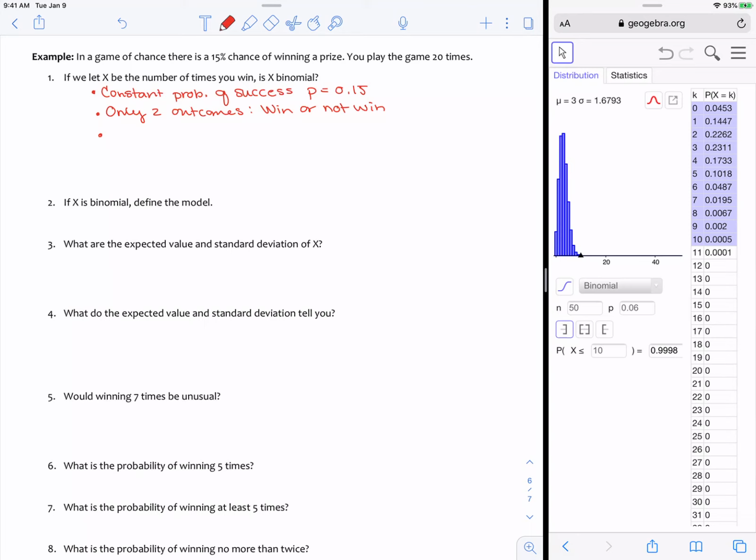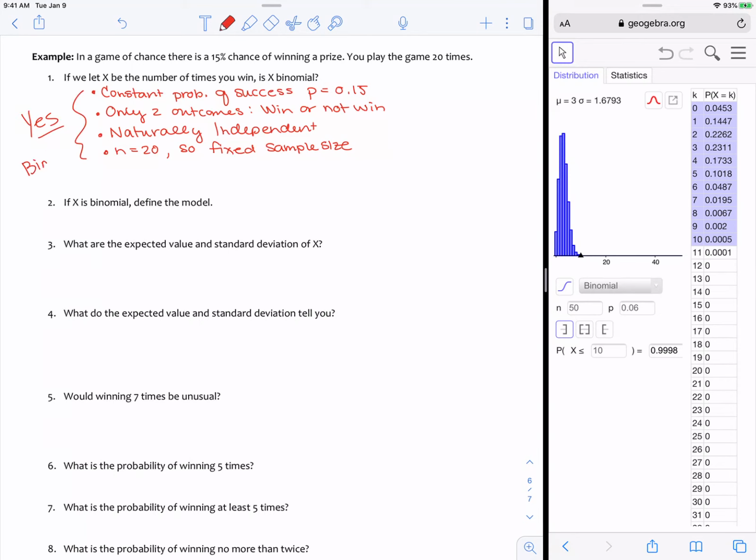We don't know of a fixed population that's being selected from here, but our chance of winning is not going to be changed, presumably, by winning one game from one to the next. So naturally independent. And then the last thing we need to check is the fixed sample size. So n is equal to 20, so fixed sample size. And so long as we meet those 4 conditions, we can say yes,